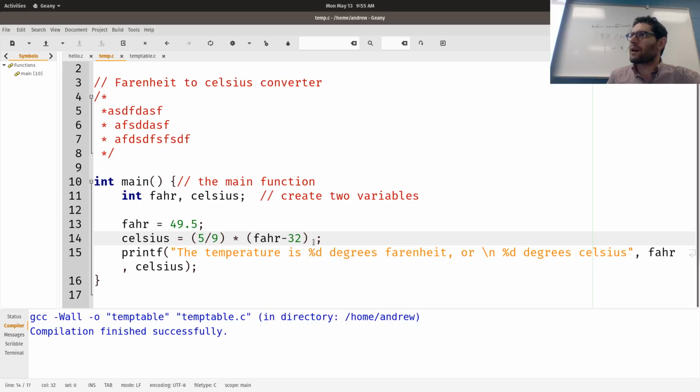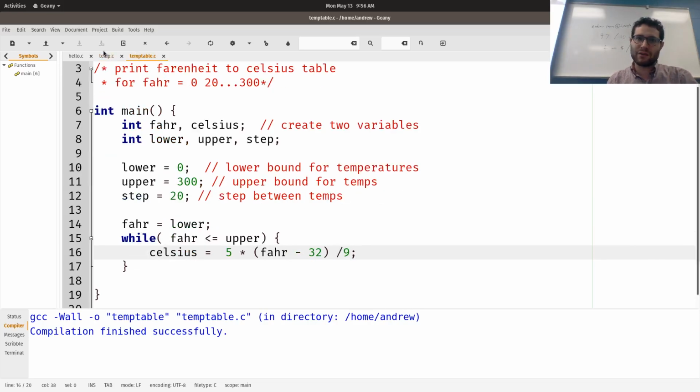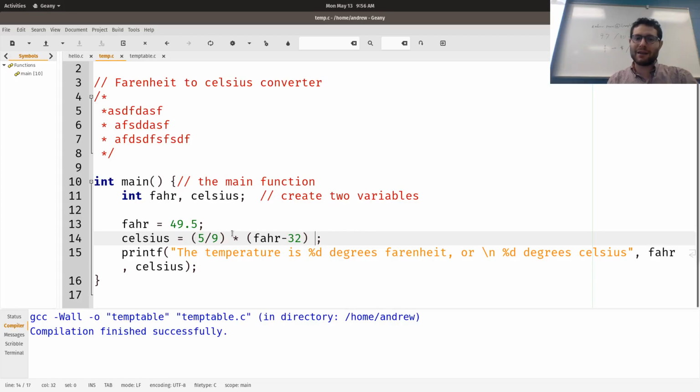In real life, that's a fractional value, right? That's something that's less than 1, but greater than 0. But in C, 5 divided by 9 yields what? 0. So our temperature would always be 0 degrees. No matter what Fahrenheit we entered, if we did it with this expression, it would be 0 degrees. That's the danger of when you do division, right? 5 divided by 9 yields 0.